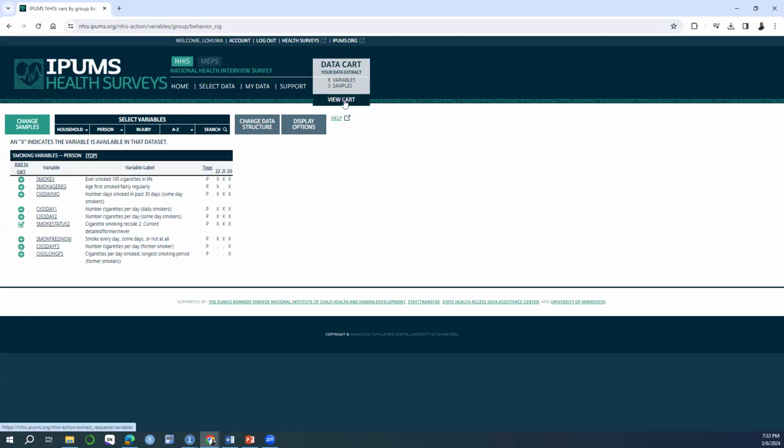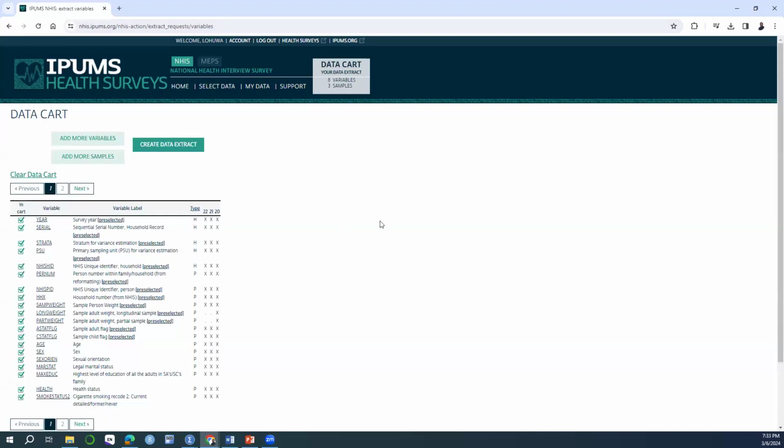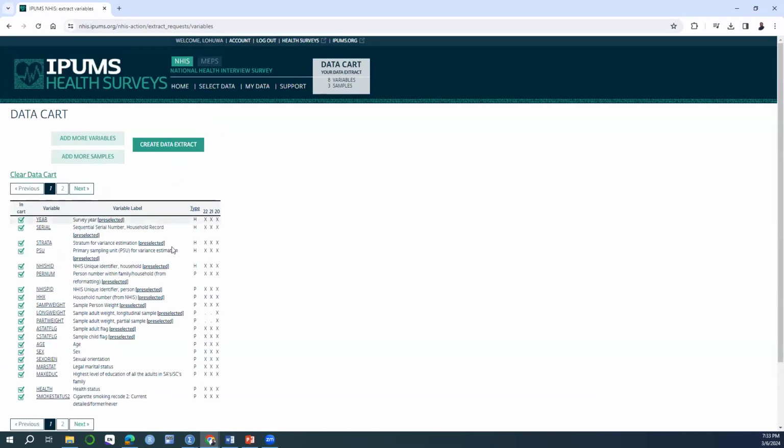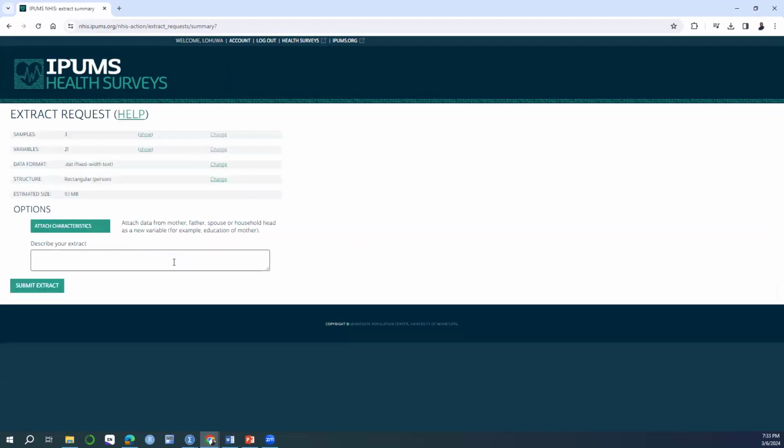export those variables? So now you go to view cut. Once you are at view cut, the next thing is for you to click on create data extract. Once you have clicked on data extract, it asks for the description of your extract. So let's say I want to give it, let's say NHIS, NHIS 2020, and let's call it, say, 2022. So this is the name I want to give to the data set. So now I go to submit,